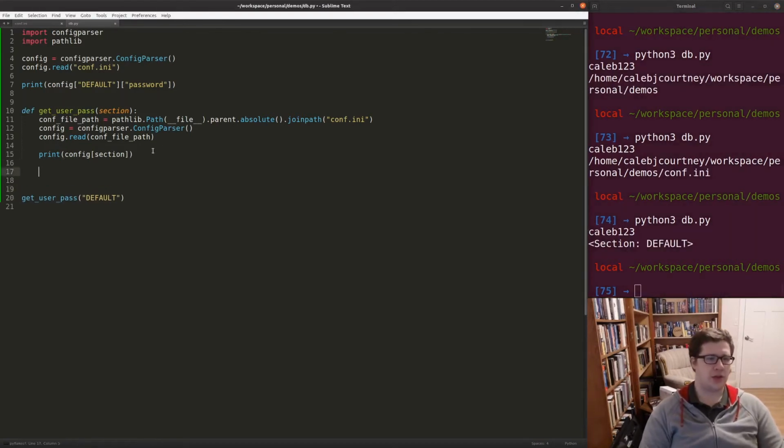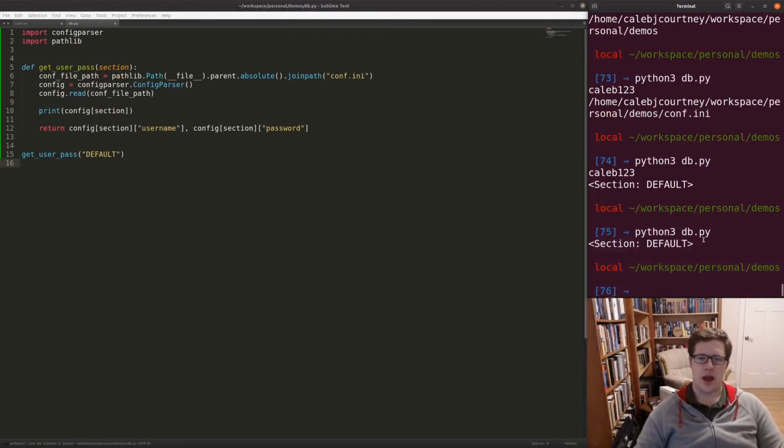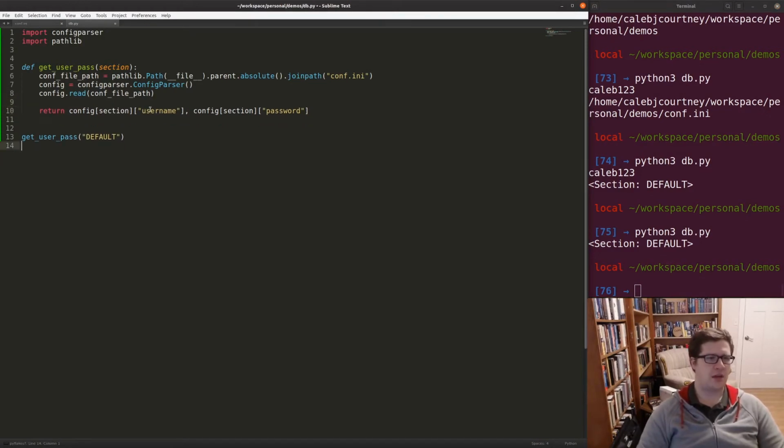And if we're going to return something, config section, and this is going to be the username, and config section password. Okay, so that's the config section there. So relatively straightforward. Now we get that back. We're not actually printing that. Let's clear that, and let's actually print out